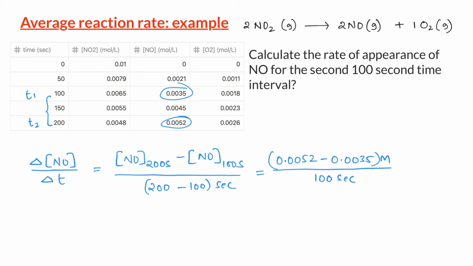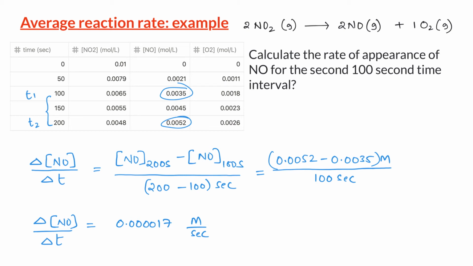If we do the math, we get 0.000017 moles per liter second. As you can see, the rate is already a positive number. Therefore, we can say that nitric oxide is the product in the reaction and that we are calculating the